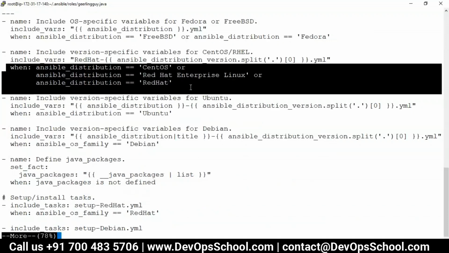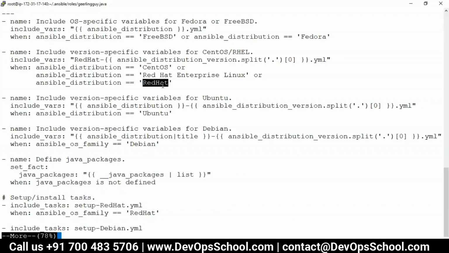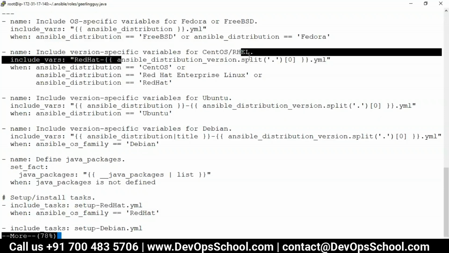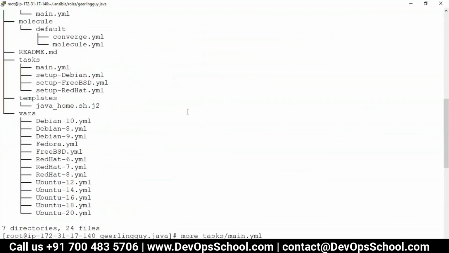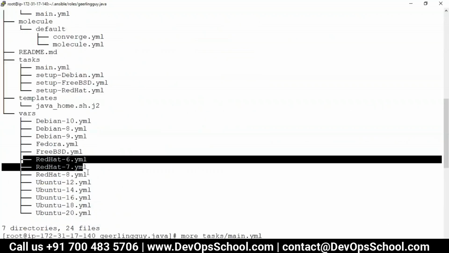When my operating system is CentOS or Red Hat, then include variables. What variables? This variable. Where is it lying? In that folder. Include variables, that folder. Now this is a little bit of a trick he has done to use that file, which is this one.